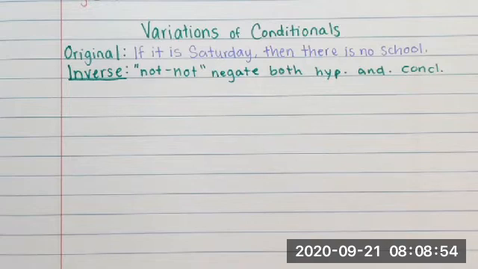Negate means, essentially, if you say it is, to negate it says it isn't. And if you say it isn't, to negate it would be to say it is. So kind of like the little nuh-uh, nuh-uh, nuh-uh that little kids do to everything you say, that would be like they're negating my statements. So the inverse of that statement would be